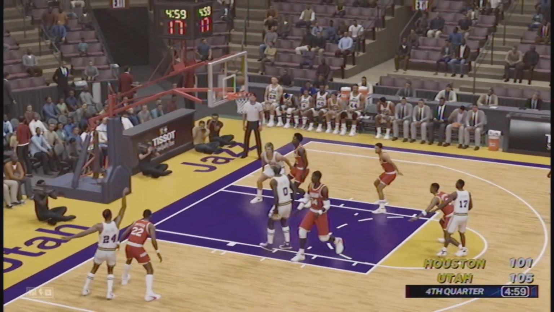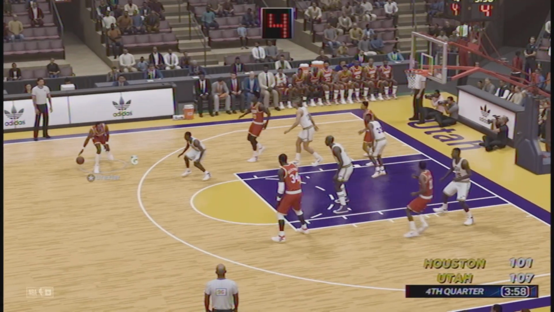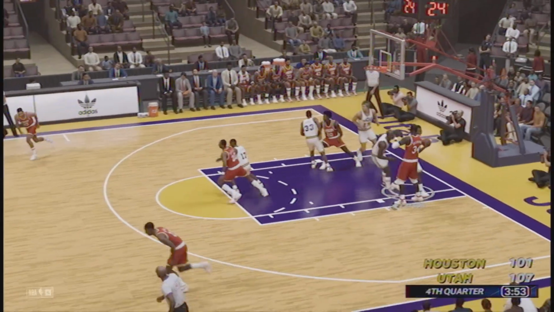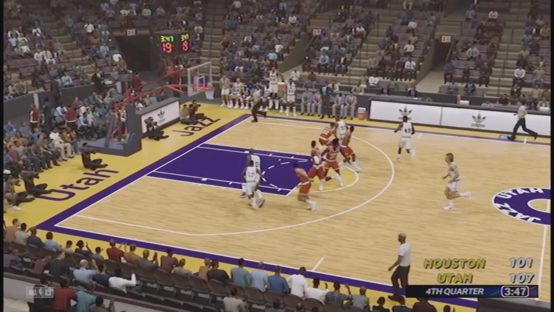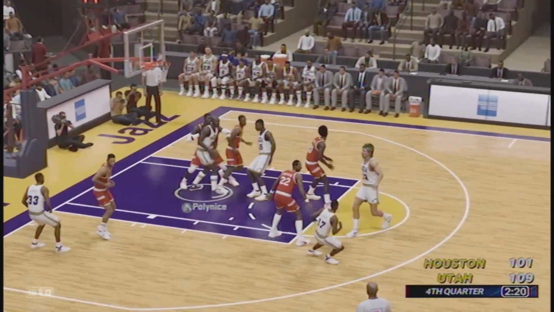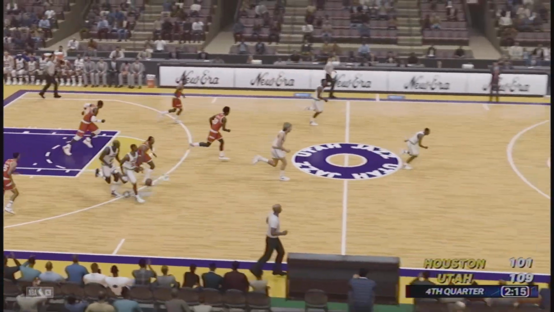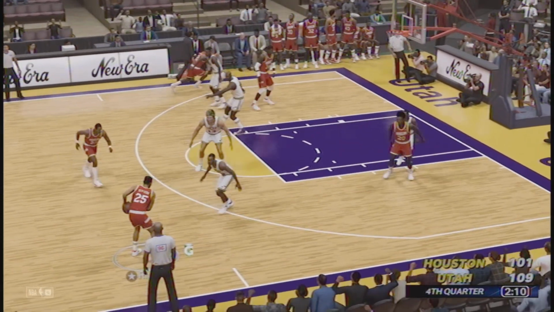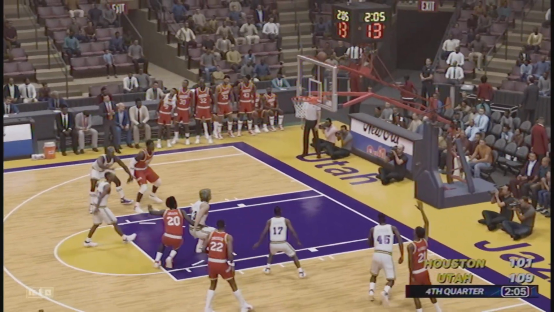Now here's the Jazz versus the Rockets. Polynice dunks the ball for the Jazz. The Rockets are still the defending champs. Now here's Drexler missing that shot. And the Jazz with a chance to make it an 8-point game. They do just that with that shot. 109-101. Olden Polynice, 2:18 left to go. Missed shot there by the Jazz. And now Drexler. He's going to pass it to Doc Rivers. Rivers to Maxwell for 3.